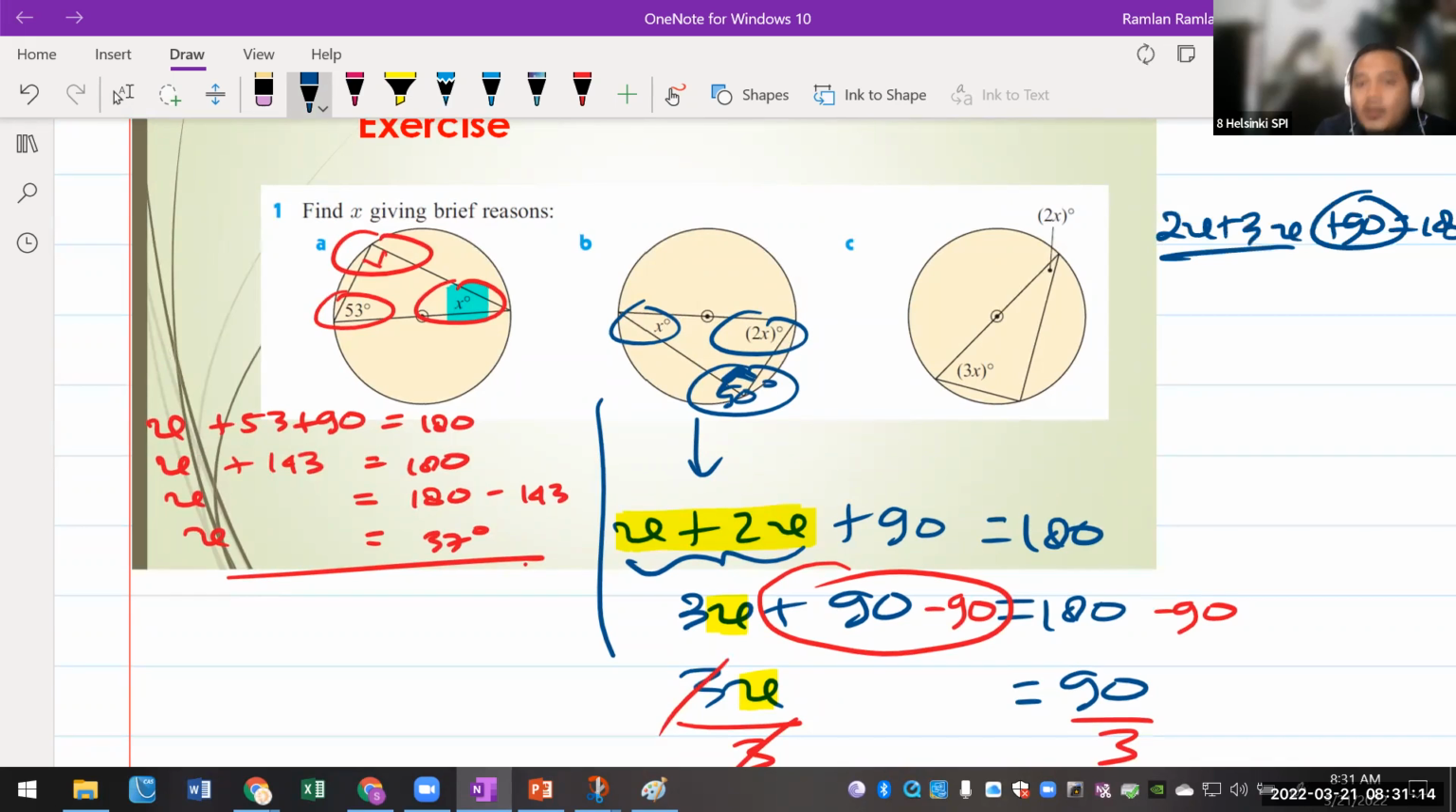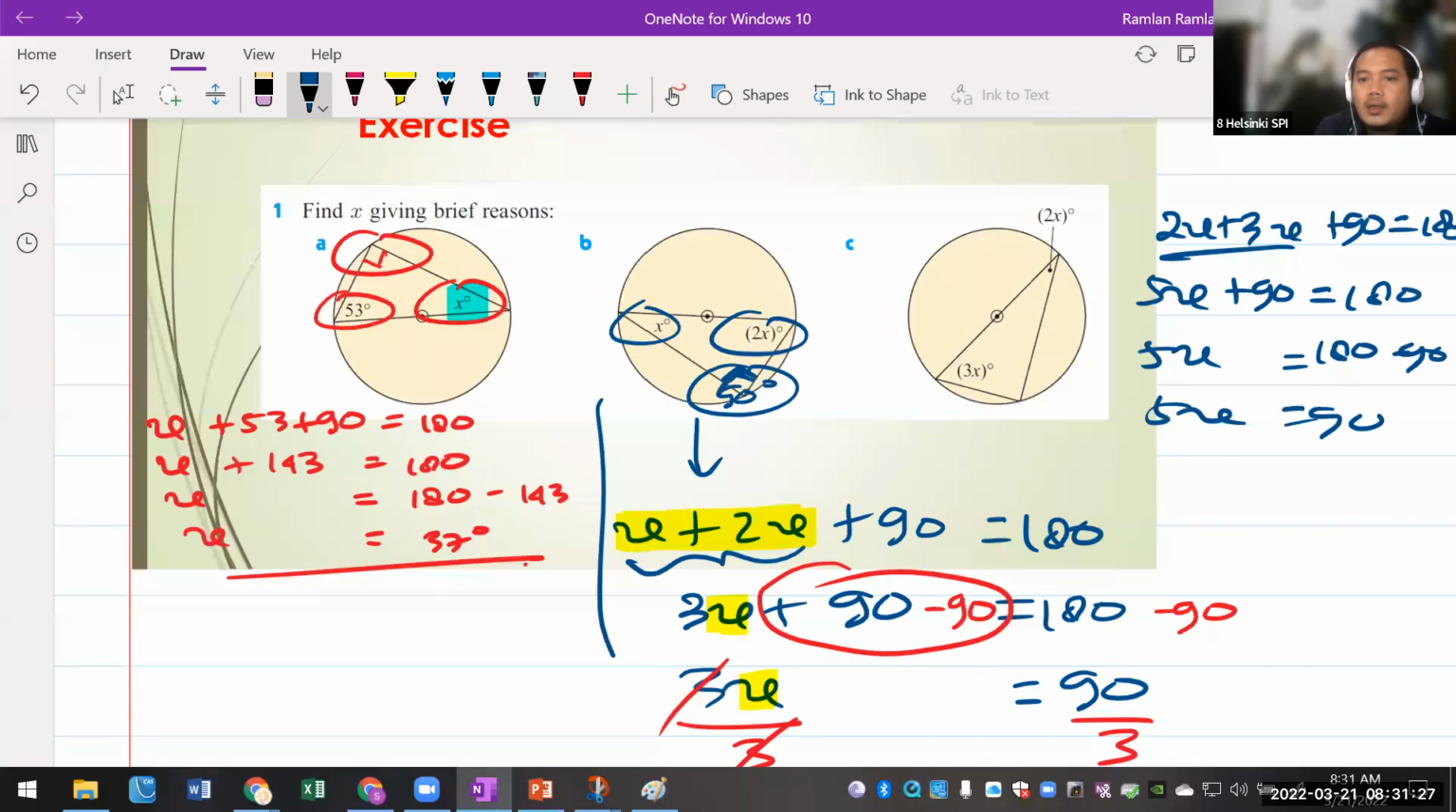So you cannot add with this guy because again, it doesn't have any x. So the 2x and 3x becomes 5x plus 90 equals 180. So subtract both sides by 90. You will get 180 minus 90, so that will be 90. And then the last one is divide both sides by 5, and then you will get